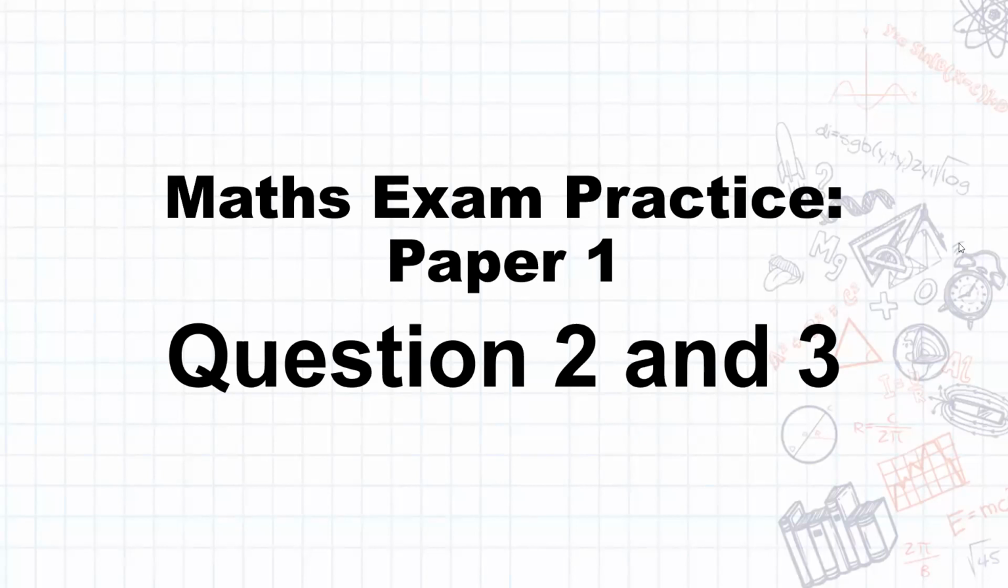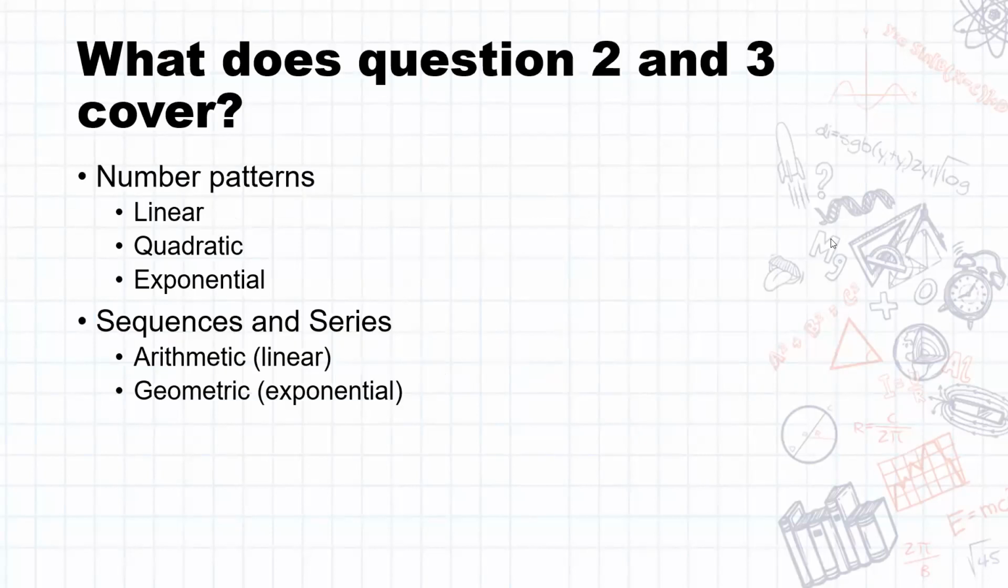In this video, we're going to answer questions 2 and 3 of the first exam paper. What do questions 2 and 3 normally cover in our matric final exam paper? Well, number patterns, so linear, quadratic, and exponential, and of course, sequences and series, arithmetic and geometric, which are essentially the same as linear and exponential